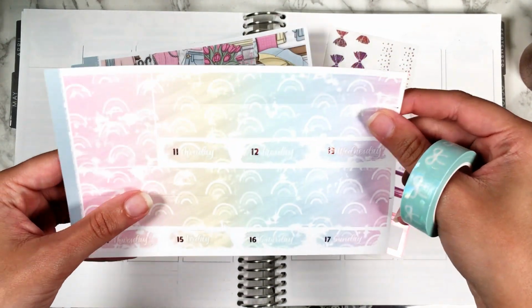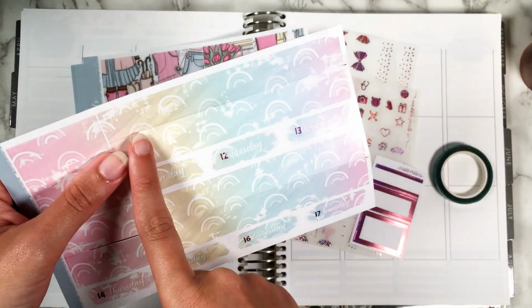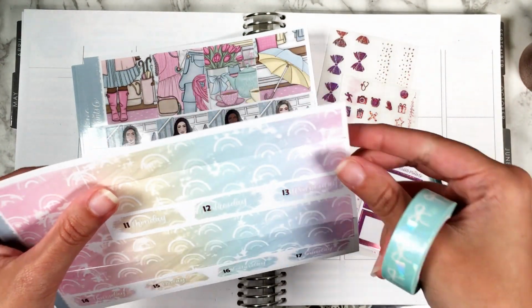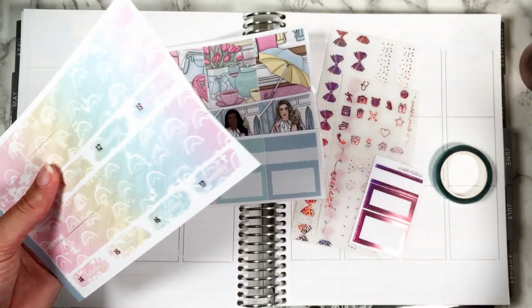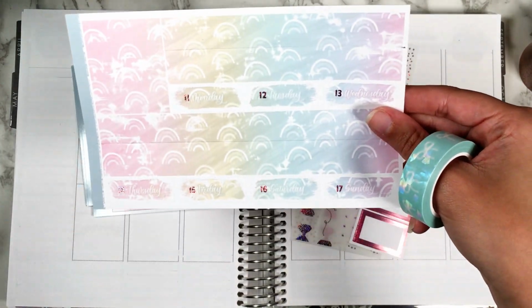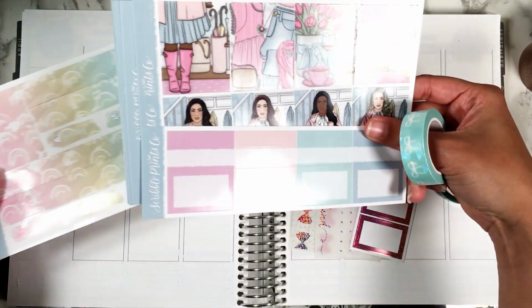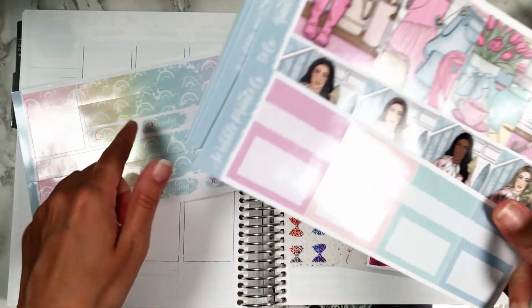I don't think my paper trimmer does a good job with thinner copy paper, but for some reason it works really well on sticker paper. There's usually some fuzziness on the edges when I trim copy paper, but there isn't fuzziness here. So there you go, there's a solution, because it was really a pain in the butt using my slice tool before. So I'm going to be slicing this in half using the Twinkle Confetti overlay on that,